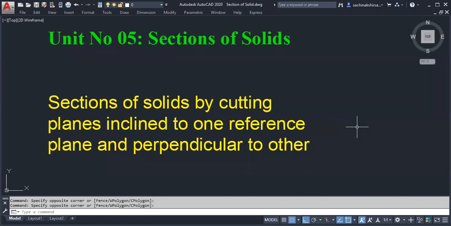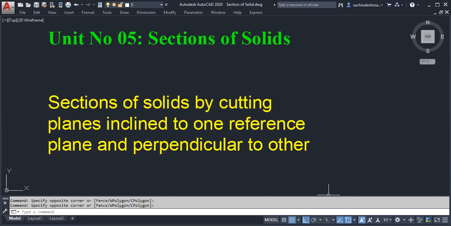What about the next category? What is the next category of solid? Solids of revolution. How is it further classified? In 3 types: cylinder, cone, and sphere. Cylinder, cone, and sphere. Very good. That one we have already seen.